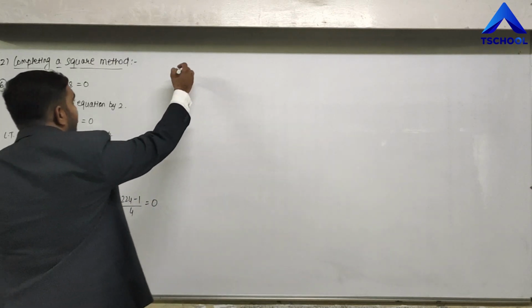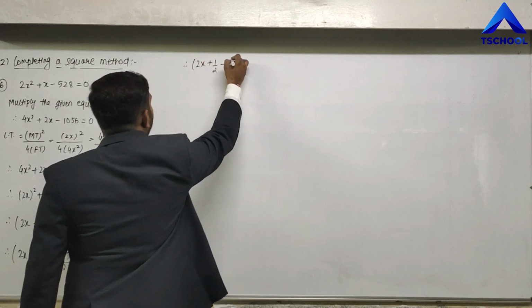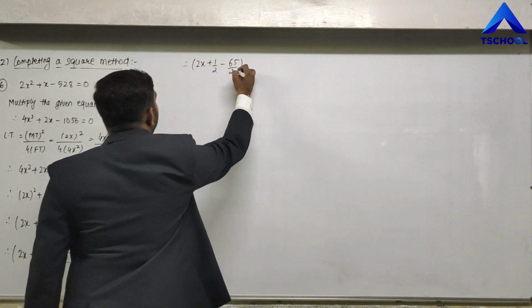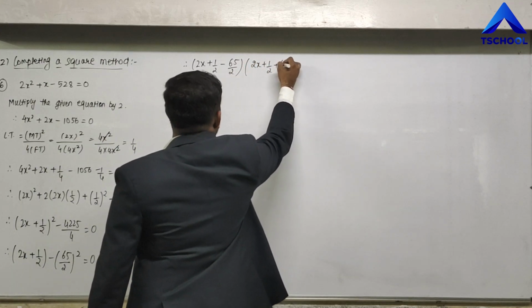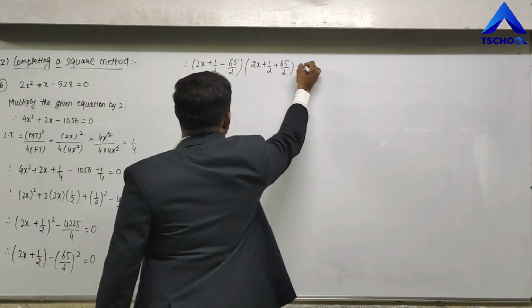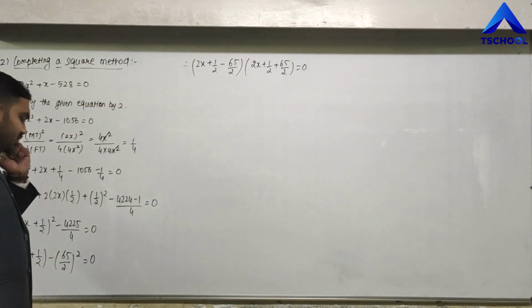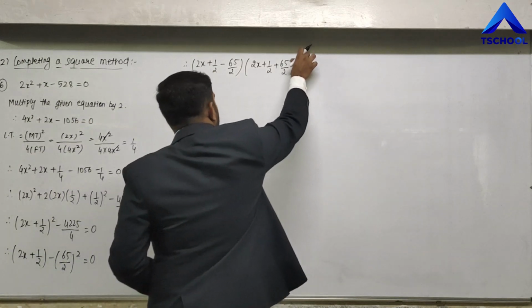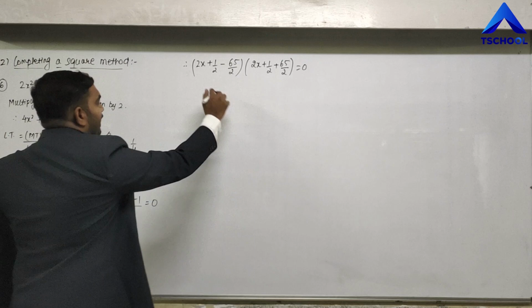Therefore again applying the formula, that is 2x plus 1 by 2 minus 65 by 2 into 2x plus 1 by 2 plus 65 by 2 is equal to 0. Right? So that goes for the formula of a square minus b square, that is a minus b into a plus b. Therefore we get